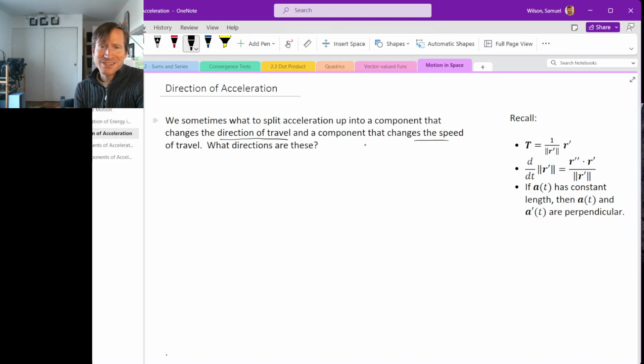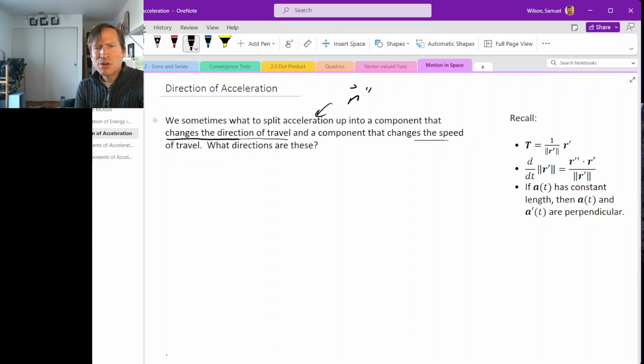Before we can actually do this analysis, though, we need to know what directions do show up in an acceleration. Now, one way to think about this would be to write down your acceleration function, but we can't say anything about r double prime in general, just starting with r double prime, because we don't know anything about r, so we can't say anything meaningful about r double prime. So another way to get at this is to think about what is the change of the direction of